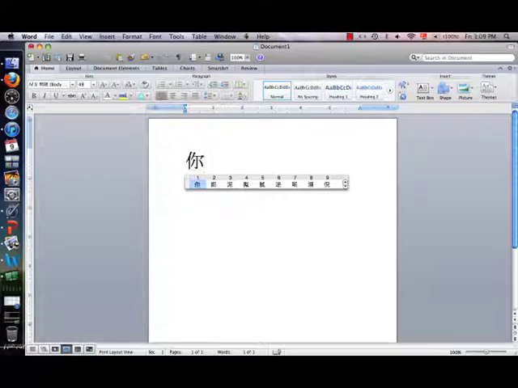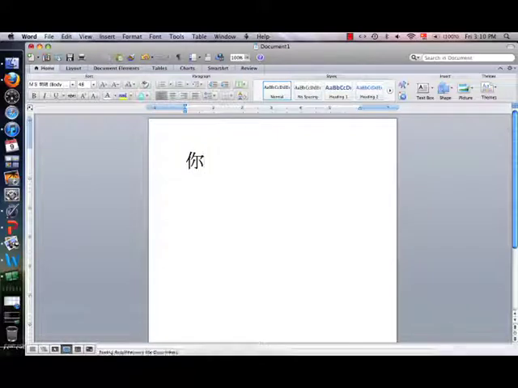If I wanted to choose a different ni, then I would either press the number that corresponds or press over on my keypad to scroll through. So this is the one that I want, and I'll press spacebar to select. This is also true on PC. Just press the spacebar to select. Now I want to type ni hao, bu hao. So next is hao,